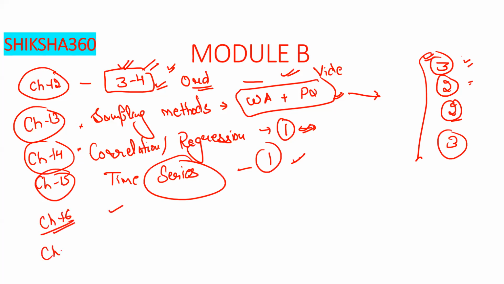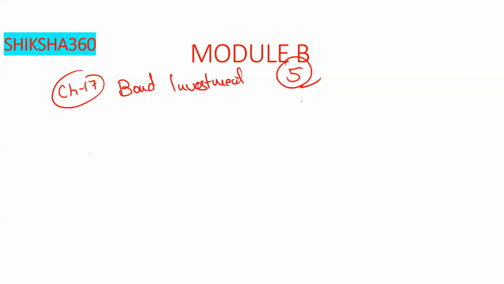theoretical questions. Chapter number 17 is very, very important. That is chapter number 17, bond investment. Definitely they will ask a 5 mark question from that. We expect at least 5 marks of questions from that, by rotating the question. If you are able to understand this chapter,